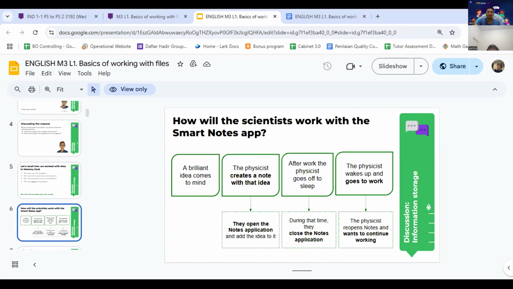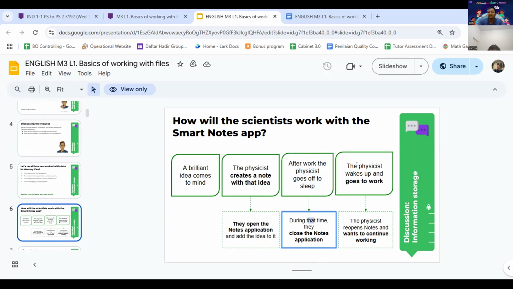This diagram shows us how the scientists work with the smart notes app. The basic: create notes. They open the notes application and add an idea to it. After work, the PC goes off to sleep. During that time, they close the notes application.